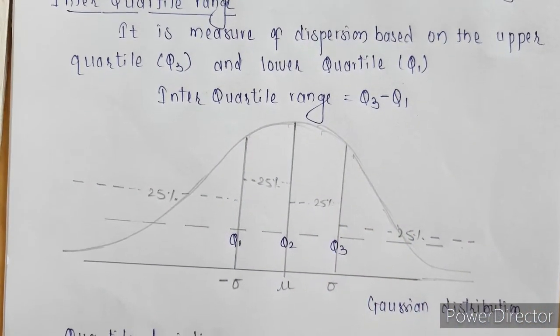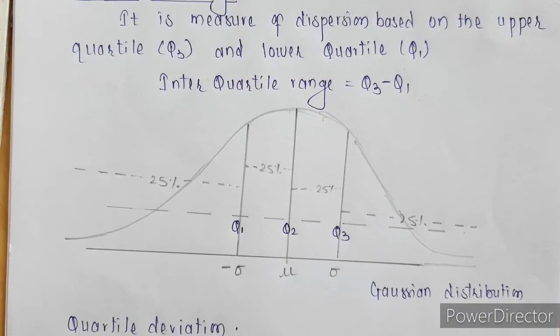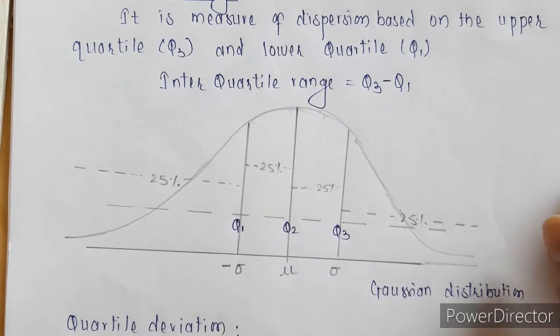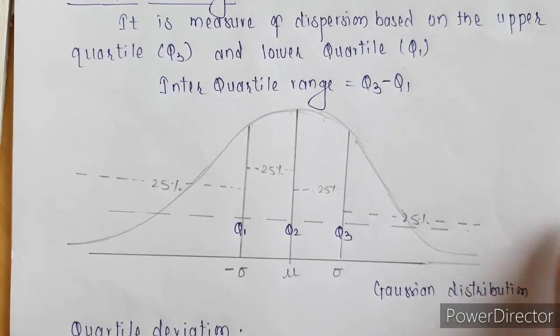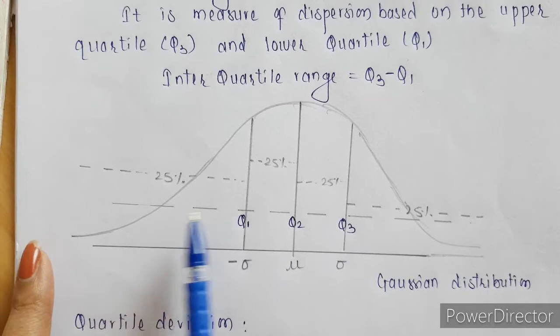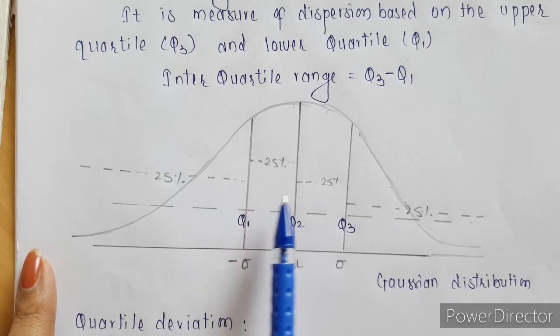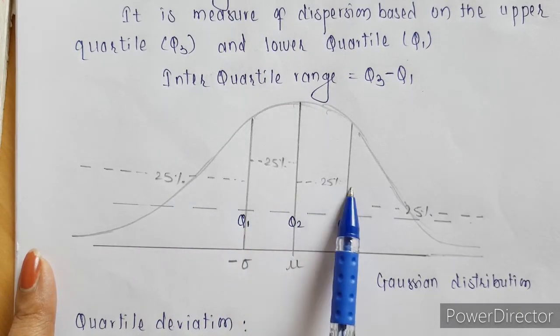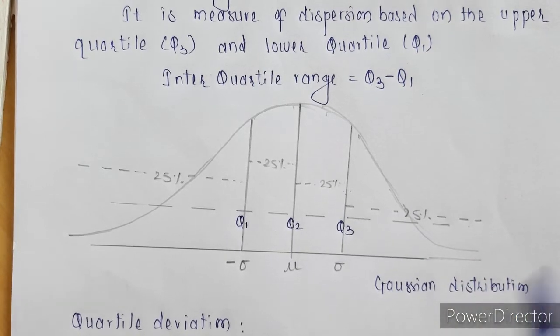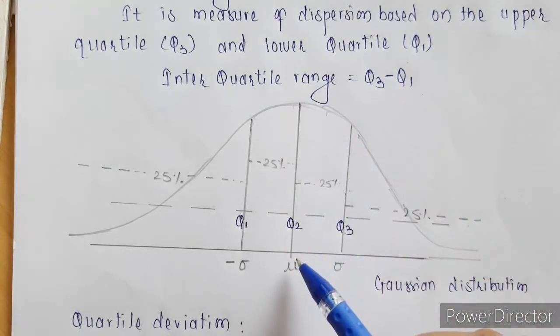Now why is it just Q3 and Q1 and not Q4? Because quartile is quarter and we are dividing the data into 4 equal parts. But why are we only considering Q3 and Q1 and not Q4? So this is a Gaussian distribution. Here this is 25% of the data, next 25, then another 25 and 25. So we are actually dividing this data into 4 equal parts. Okay. So this Q2 is nothing but your median.